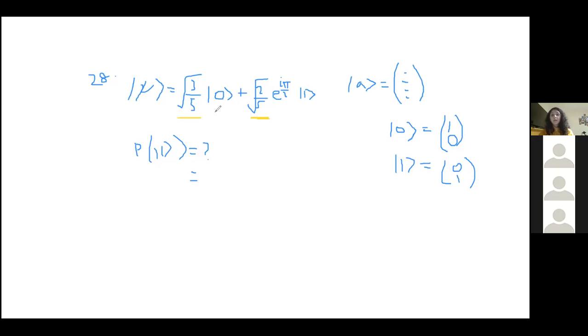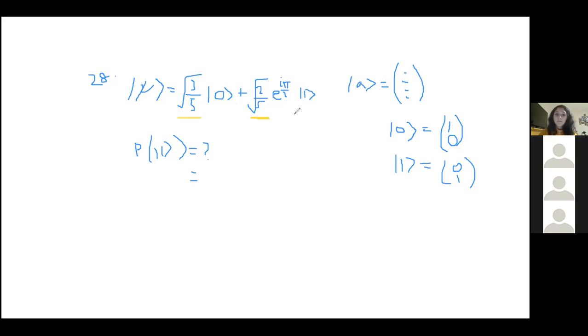And if we wanted to work out what the probability of these states 0 and 1 is, what we do is we square the probabilities. The reason for that is because sometimes these probability amplitudes can be negative. And there's one basic rule in probability, and that is that probabilities are always between 0 and 1, so you cannot have a negative probability. So we square them just to get rid of all of that.